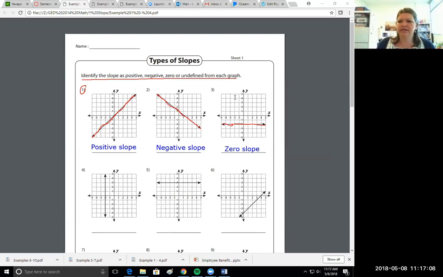And then finally, last example we'll do here. You look at this line, and here we are. We've got that vertical line where it's like we're falling off a cliff. And how steep is that? Impossibly steep. I don't even have a number to represent it. I'm going to go ahead and call that an undefined slope. What do I mean by undefined? I mean, literally, I have not defined it. I haven't given you a definition for that. You're just going to have to accept that we don't have a number that represents that. Okay, so wonderful. 4 examples, and let us head back to our thing